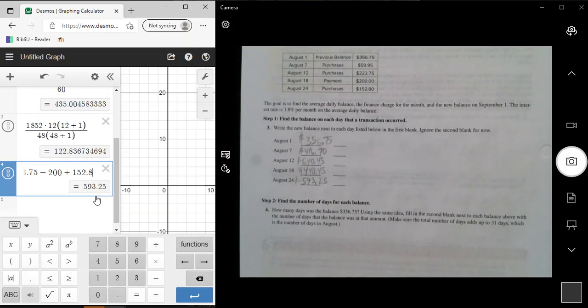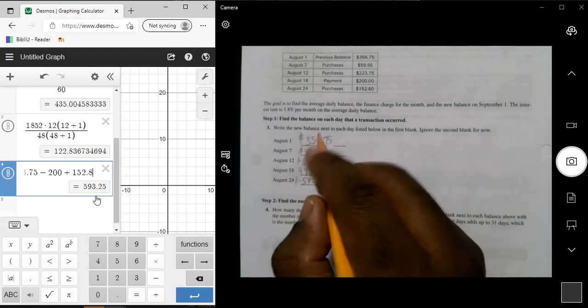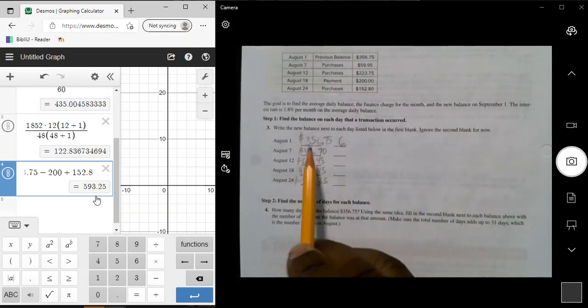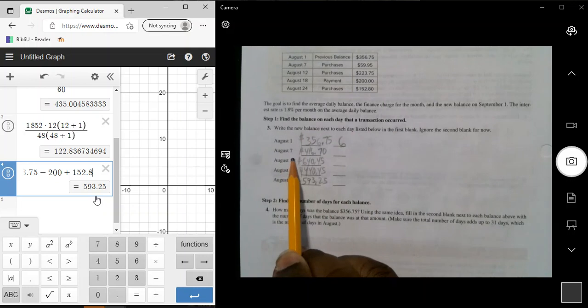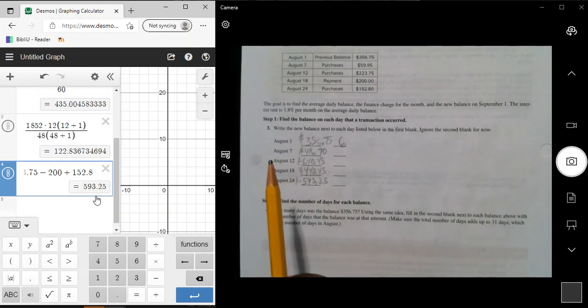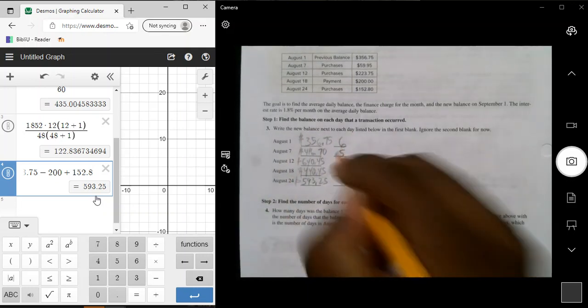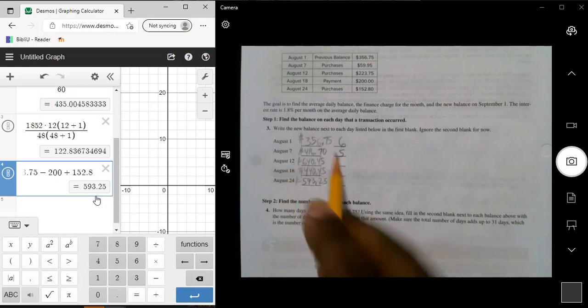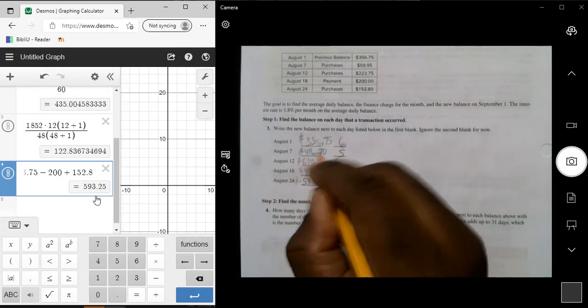$356.75? Using the same idea, fill in the second blank next to each balance above with the number of days that the balance was at that amount. So basically from August 1st to 6th, which is actually 6 days, it was at 356.75. So from August 7th to August the 11th, so you got 7, 8, 9, 10, 11. That's 5 days. From August 12th to the 17th, that's another 6 days that it'll be